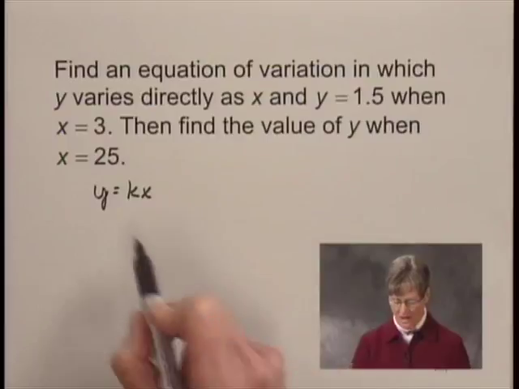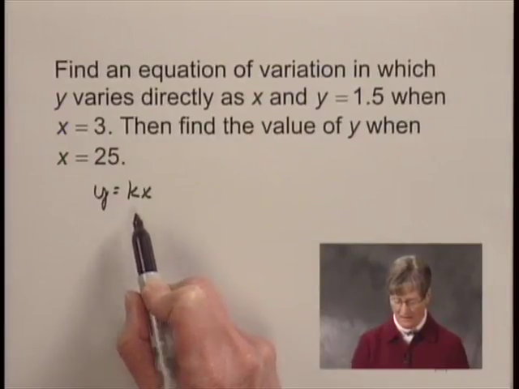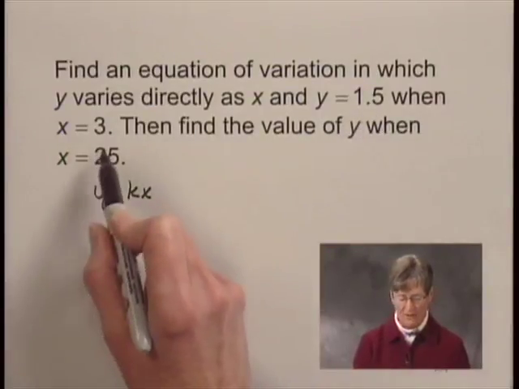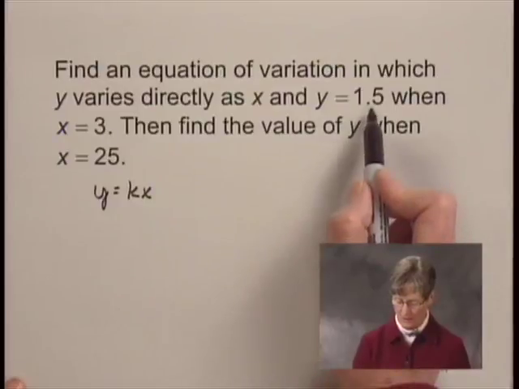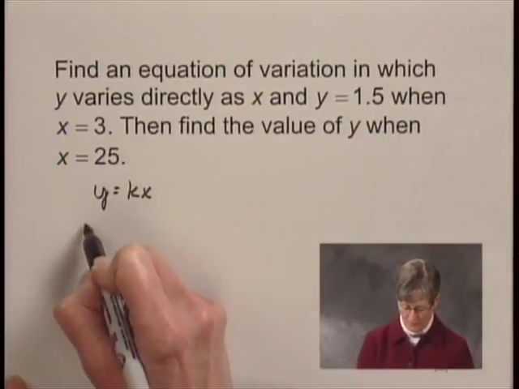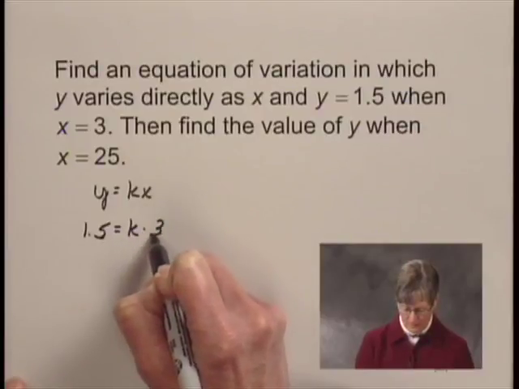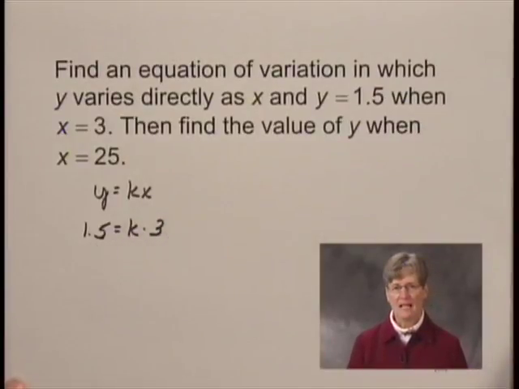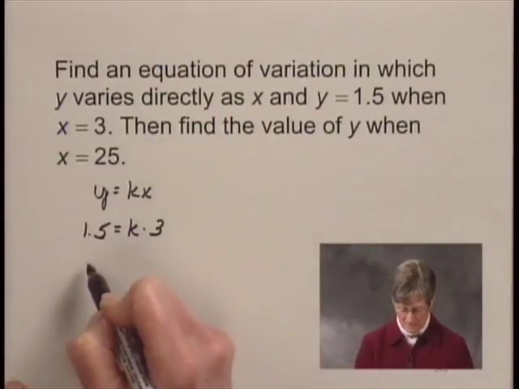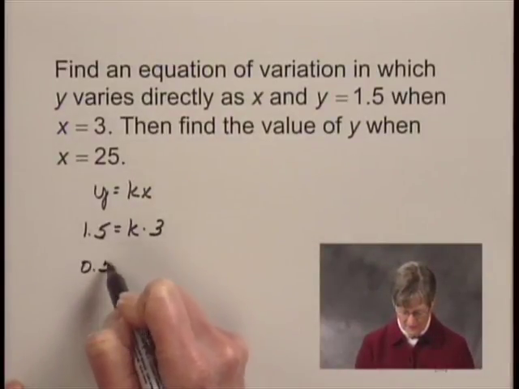And we need to find this constant, and we'll use the fact that y is 1.5 when x equals 3. To do that, we'll substitute 1.5 for y and 3 for x in this equation. So we have 1.5 equals k times 3, and then to solve for k, I divide both sides by 3, and that tells me that k is equal to